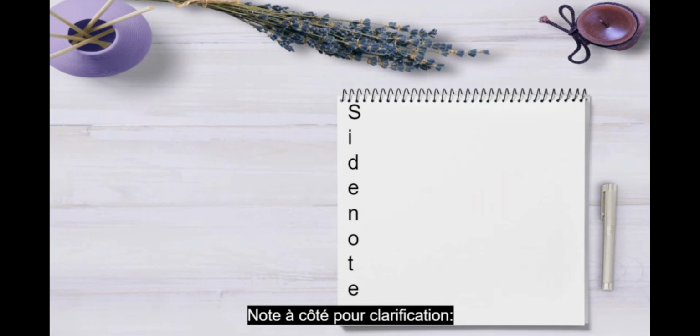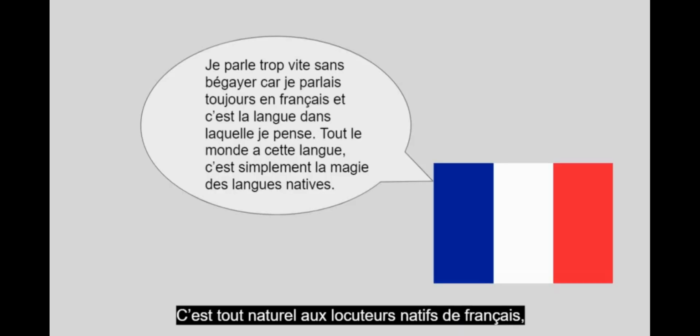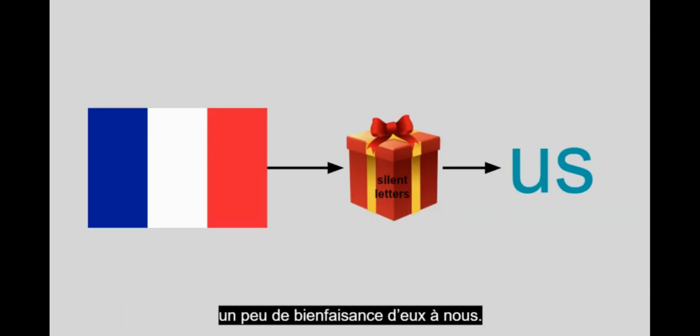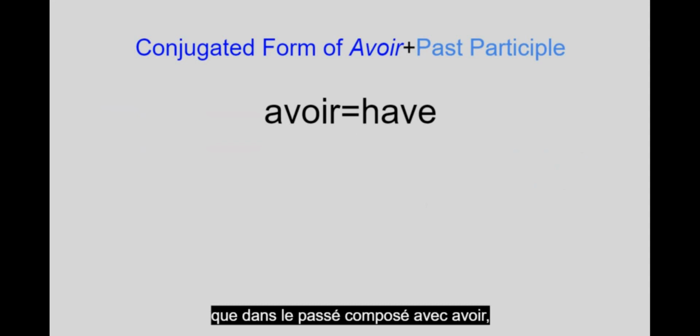Side note for clarification, by we, I mean non-native speakers of French. It's all natural to native French speakers, so we should consider this aspect of French orthography a bit of charity from them to us. Going with this is the French written grammatical rule that in the passé composé with avoir,